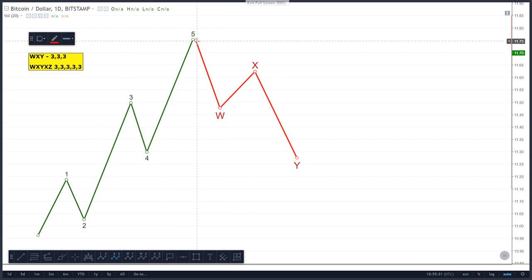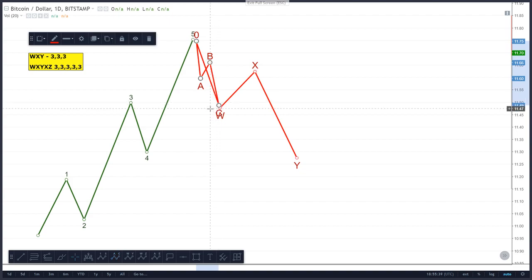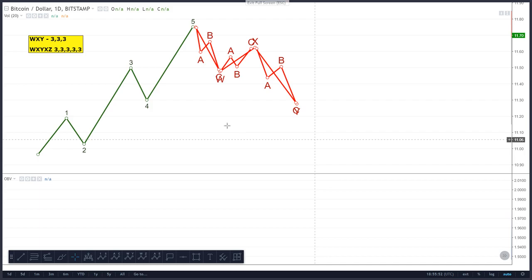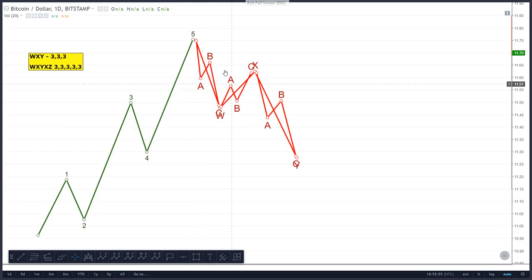Very often we see in WXY patterns ABCs forming, so we could see something like this: ABC down followed by an ABC up, and then finishing with an A, B, C down. So this is a WXY pattern, and what it is, it's a zigzag pattern connected by a zigzag pattern with another zigzag pattern. Yeah, we call this a double zigzag, and I'll go into this in a bit more depth